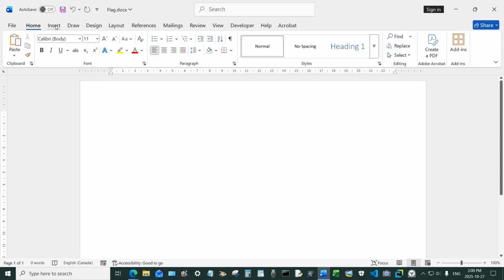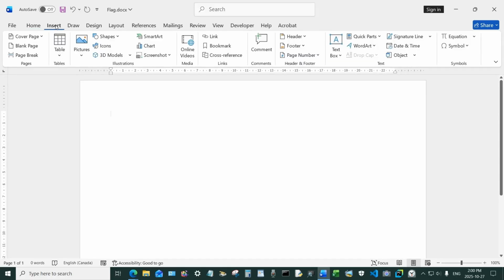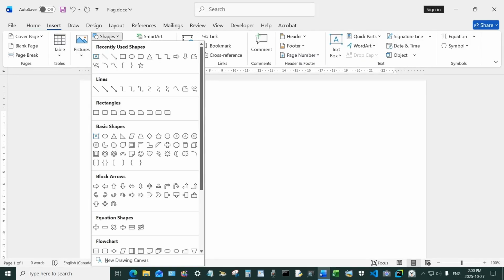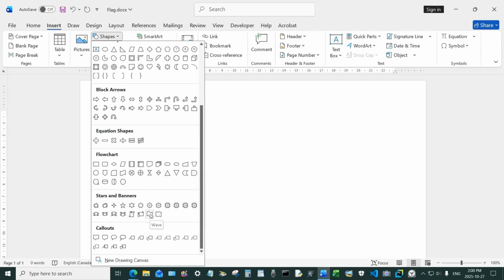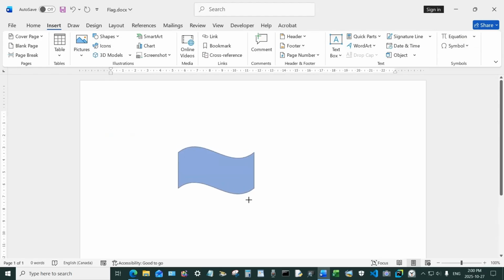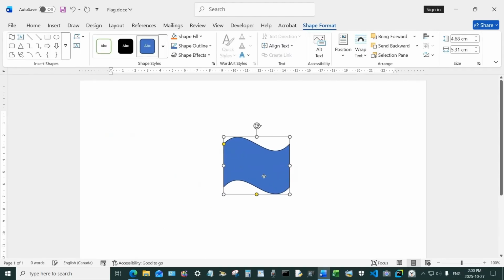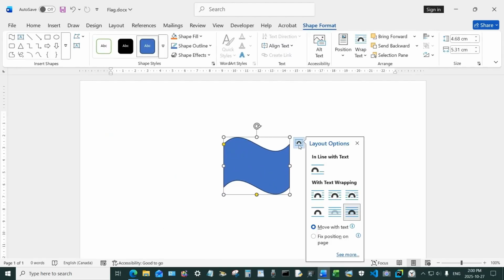Go to Insert, choose Shapes, and we're going to select this. It's called a wave, but it also looks like a flag. I'm going to change it to fixed position. I'm going to give it a gradient,